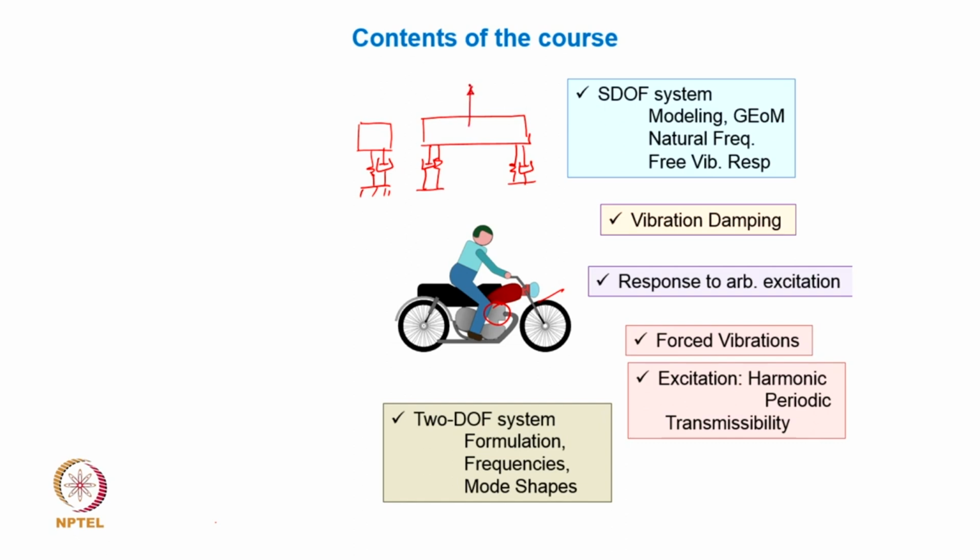So, not only is a vertical bounce motion in the form of x of t important to consider, but also the pitch or rotational motion of the same chassis mass will be an important degree of freedom to account for, and therefore, we may even model this system as a 2 degree of freedom system, x and theta being these 2 degrees of freedom. So, please make a note that even if the mass is a solitary mass here, the degrees of freedom can be more than one, and we all know that